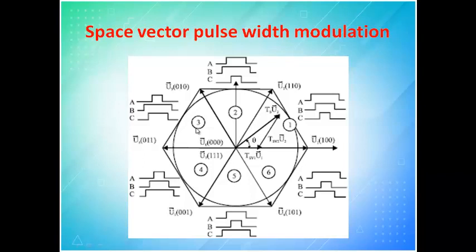Then in that particular sector we will fire, and we will not check again and again. Once we get the sector, the next sector we will automatically proceed, and the inverter output which we get will be in direct synchronization with your TNEB. So that is the advantage of space vector.